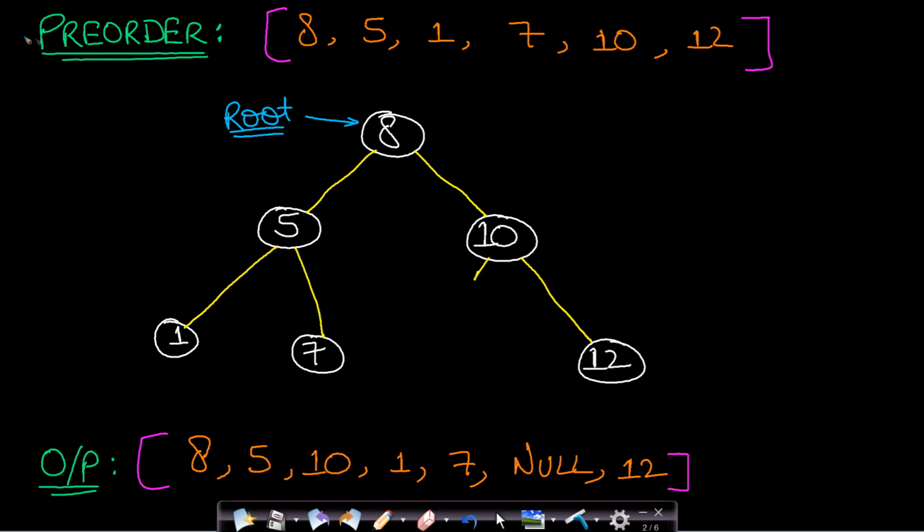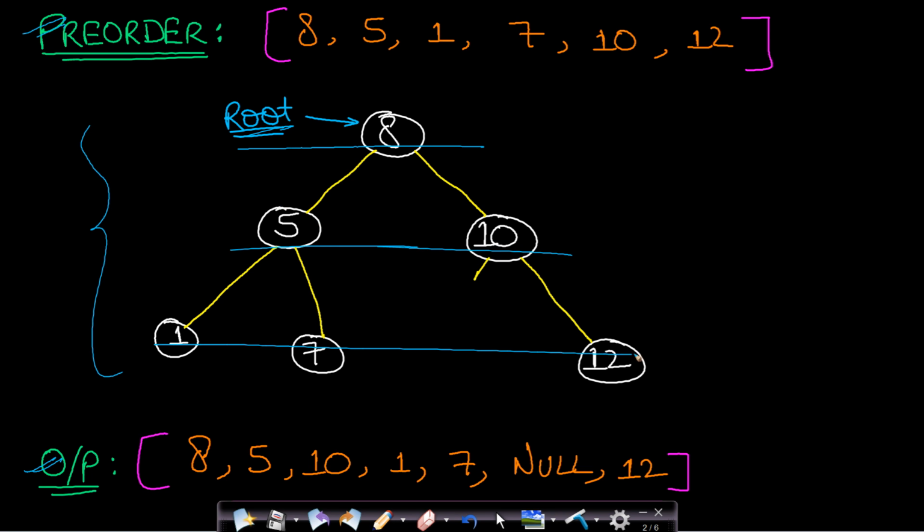The problem here says that we are given a pre-order traversal of a BST and we need to construct this entire BST, and after constructing we need to return the root of this tree. When we return the root, they will check by using this output. They will just traverse this level wise, print it, and match with their test case answers. So in this case, if you traverse level wise, it will be 8, 5, 10, 1, 7. This will be null because we don't have any left child of 10, and this is 12. So this is our output array.